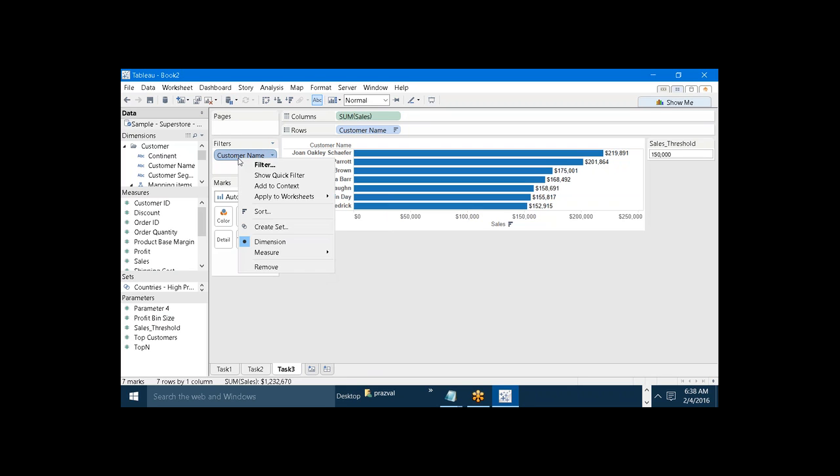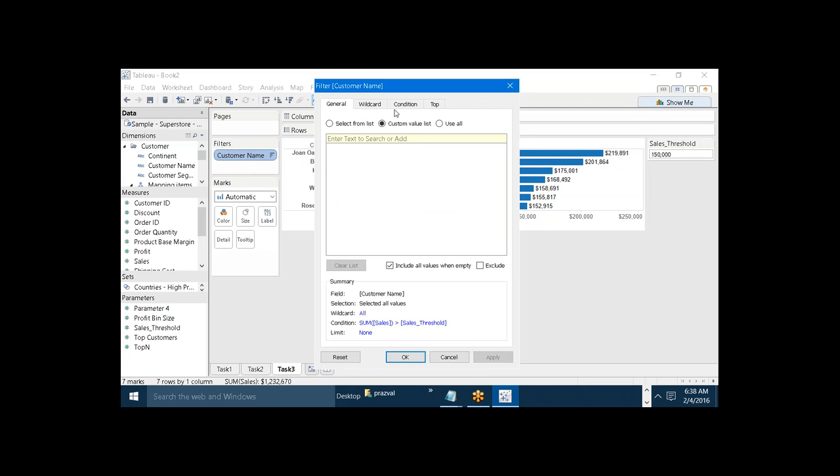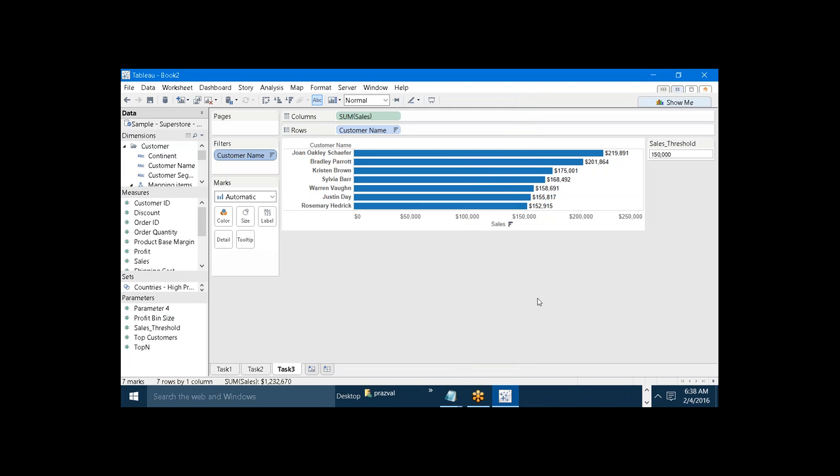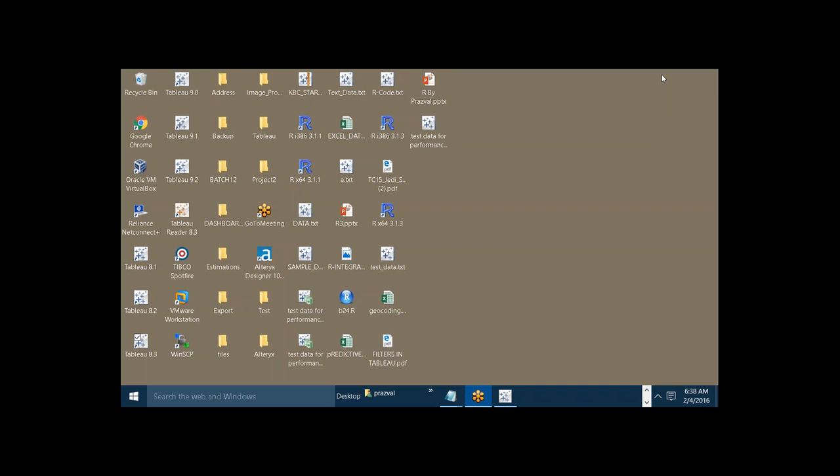And one important note is the by formula. If we go to the filter where we have written the formula, in the condition tab, the by formula is different in 8 and in 9. If you open 9.0,